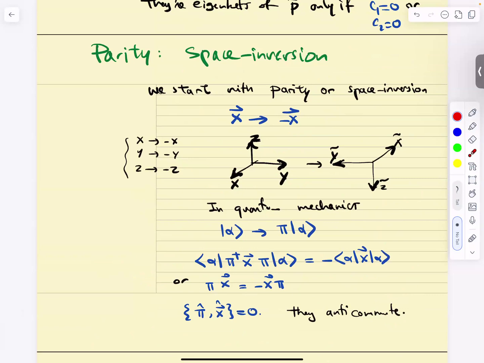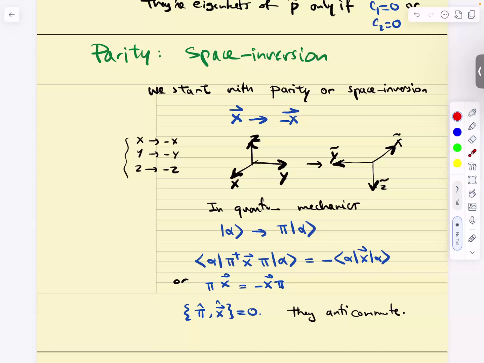All right, we talked about parity or space inversions. This is a transformation that sends, in 3 dimensions, x, y, and z to minus x, minus y, minus z. So the vector x goes to minus vector x. We saw that it changes the right-hand rule to the left-hand rule. In quantum mechanics, the first observation is that this transformation applied twice gives you back the identity. So it forms a group. The group is Z2. In quantum mechanics, this transformation is represented by a unitary on the Hilbert space. That unitary will be represented by some operator pi. Because it's unitary, pi dagger is pi minus 1. And because pi squared equals 1,